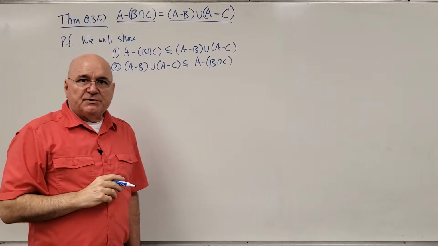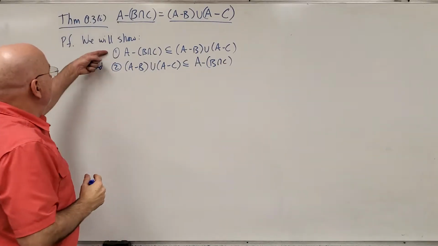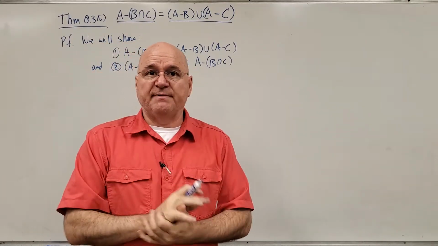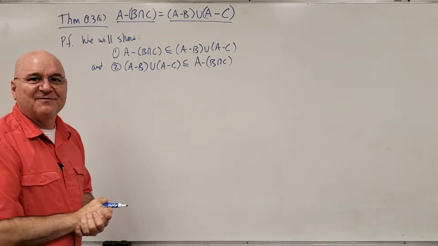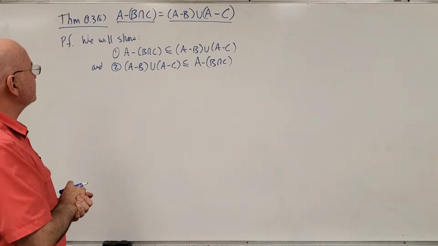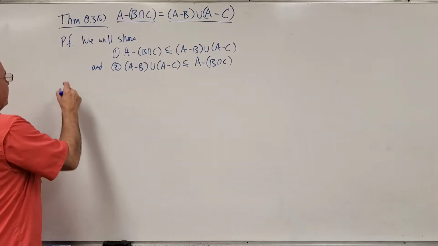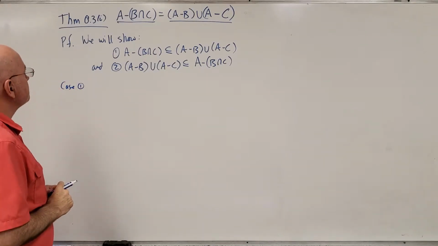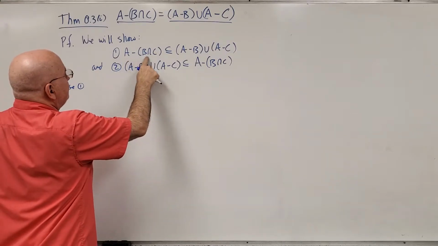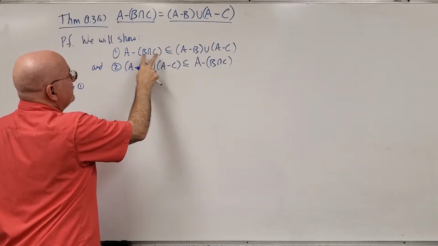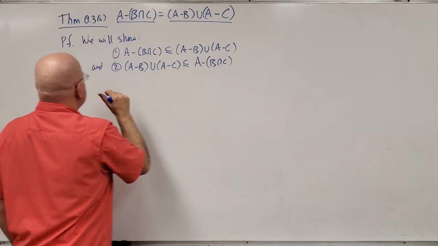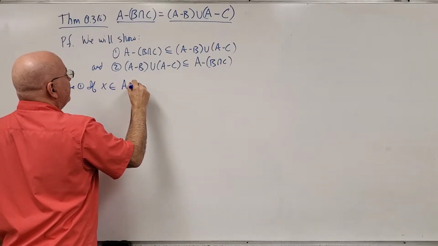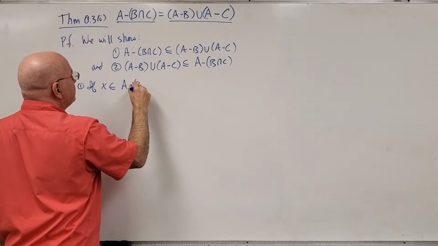So I think I'm going to prove case number one, and let you do case number two, and you can let me know if you have any questions about it. They will be similar. The verbiage will be similar in both cases. Okay, so case one, which I'm going to do. I need to prove that if x is an element of this, then x is an element of the right-hand side. So if x is an element of A minus B intersects C,